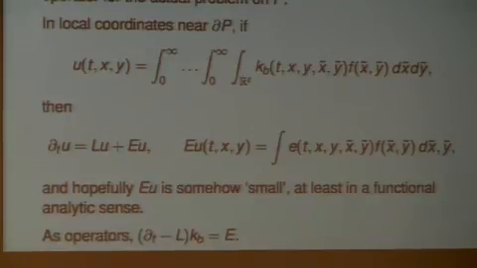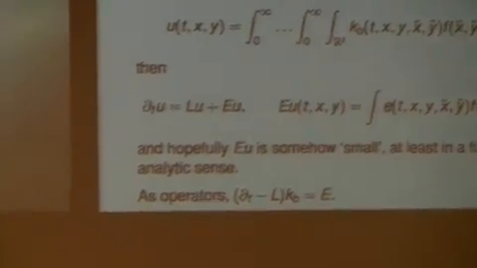And here's one of the unpleasant facts. Remember that we wanted to let this thing act on C0. Let me give you a bit of background for this. There's a theory that goes back to Kolmogorov where, for studying this Markov process, you actually want to look at the adjoint operator acting on measures. That's called the Kolmogorov forward equation. The thing that we're looking at is called the Kolmogorov backwards equation, and it acts on the pre-dual of measures, namely continuous functions. So because of the probability, there are measures for the forward equation, and C0 for the backward equation. So ideally, I'd be letting things act on C0.